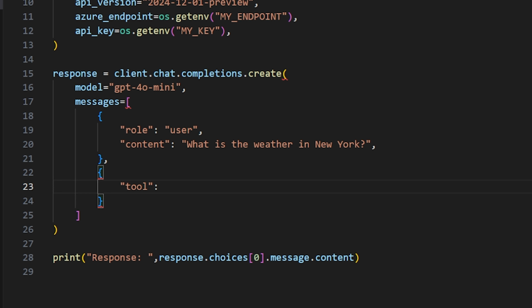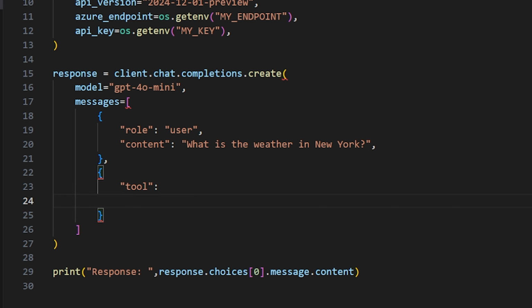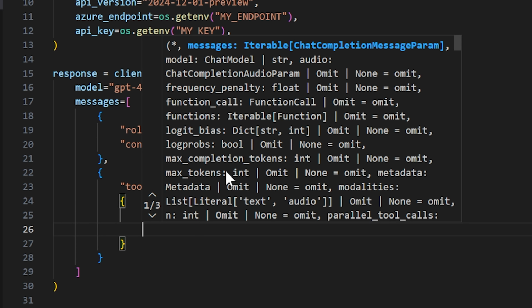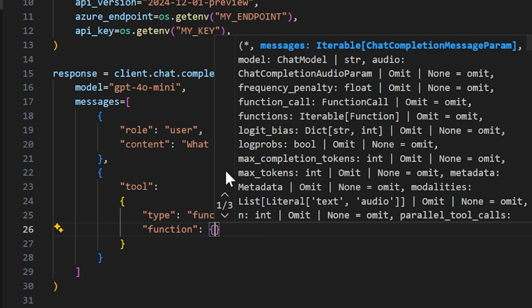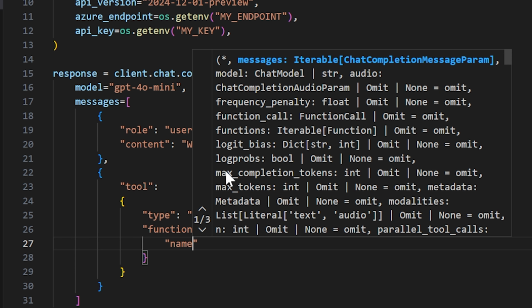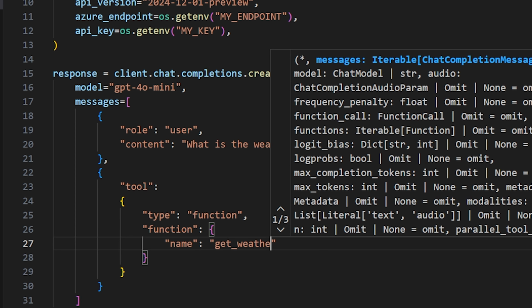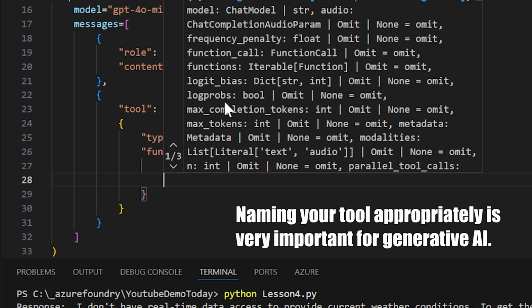This tool is going to be a function. We're going to call a function, a lowercase function. And the function is going to have a name, and it's going to be called get_weather. Do we want an underscore? Yeah, that's fine. Get_weather, and another comma and description. This is what's